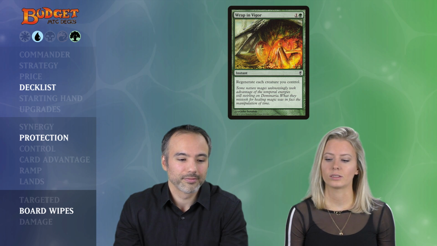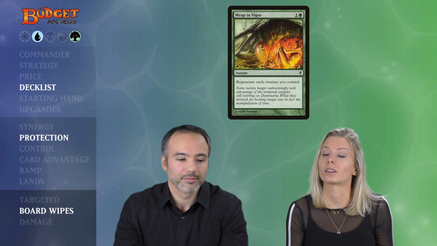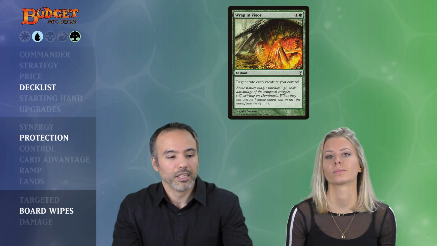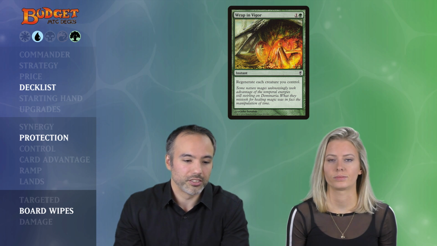Then we have one card that protects us against board wipes, which is Wrap in Vigor, and this instance will protect us against most board wipes with the exception of wipes that bounce. Exactly. And then we have the single card that protects us against taking too much damage, and that